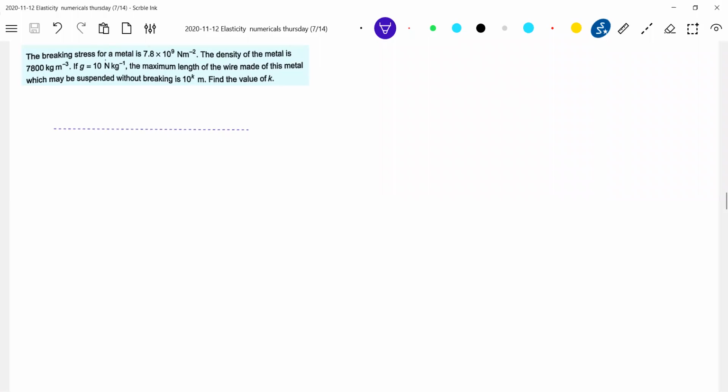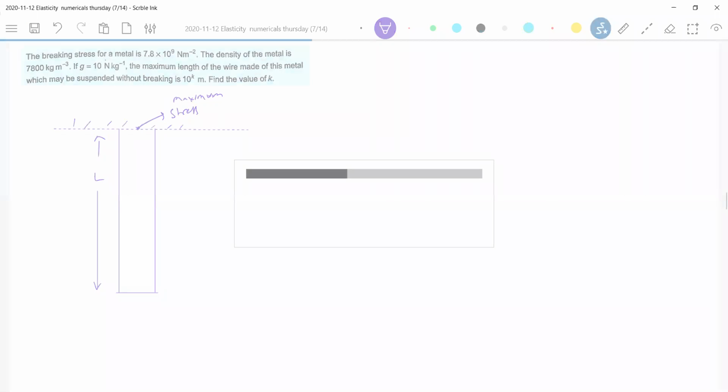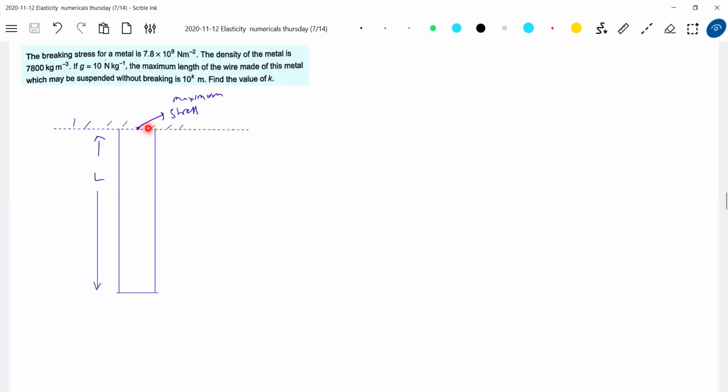So you take a rod. What is the maximum permitted length of this? Where can the tension be maximum? It can be here, no? Stress will be maximum at the point of suspension. The stress in the rod will be maximum at the point of suspension. Then that should be equal to the weight of the rod.